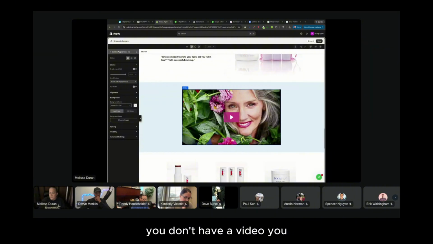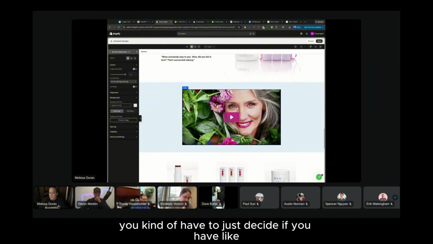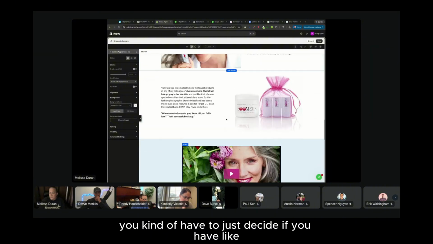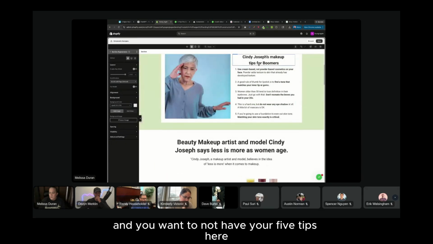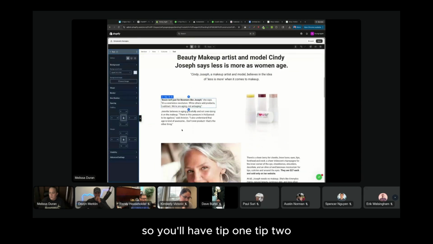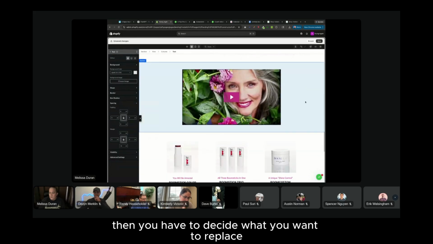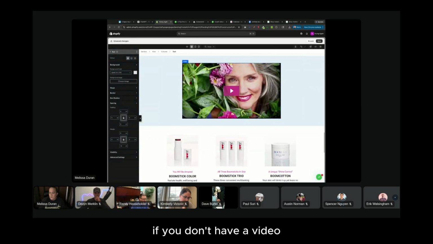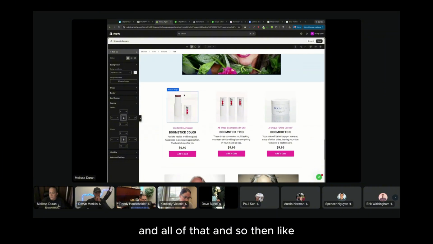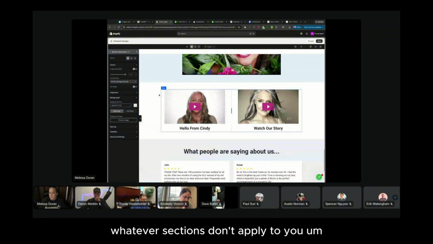So you don't have a video, you kind of have to decide. If you have all these sections and you don't want your 5 tips here, so you'll have tip 1, 2, 3, 4, and then 5, you have to decide what you want to replace. If you don't have a video, that's fine. You can put in an image, or a benefits section. Whatever sections don't apply to you